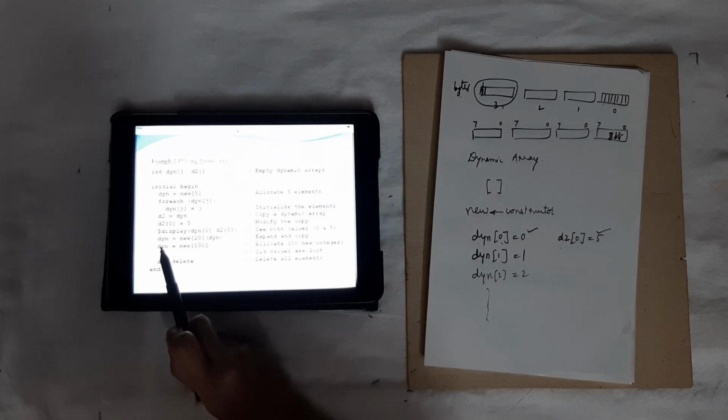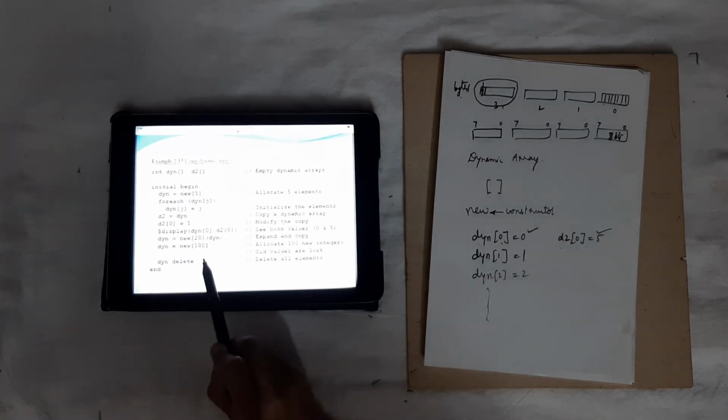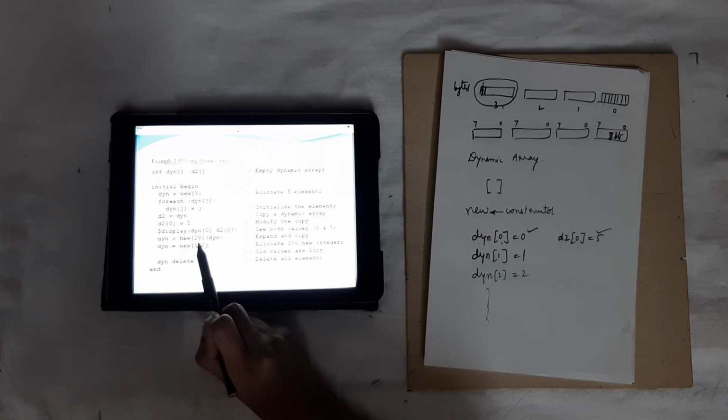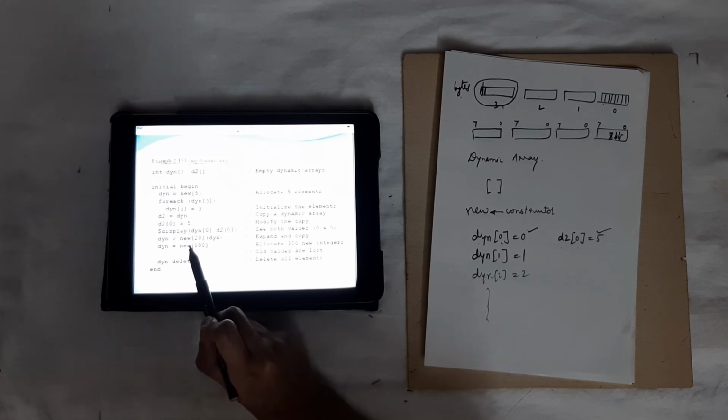So next is dyn is equal to new 20 dyn. Now what do you mean by this? This statement allocates 20 new elements and copies the existing 5 elements of dyn to the beginning of the array. It allocates 20 new elements, but dyn already exists with 5 elements. All these 5 elements are copied at the beginning of the array.